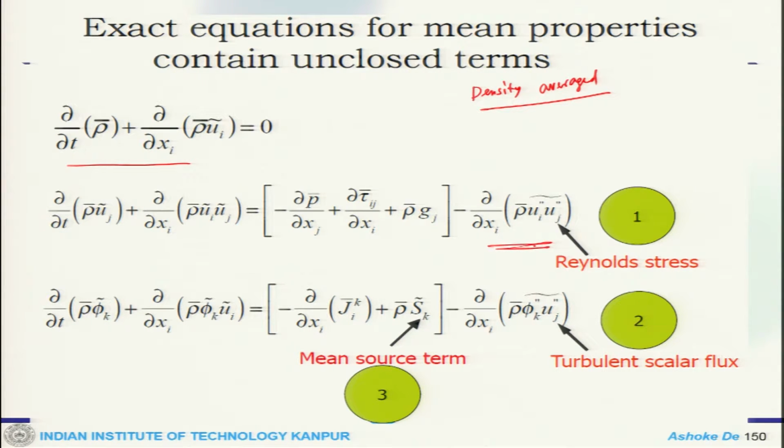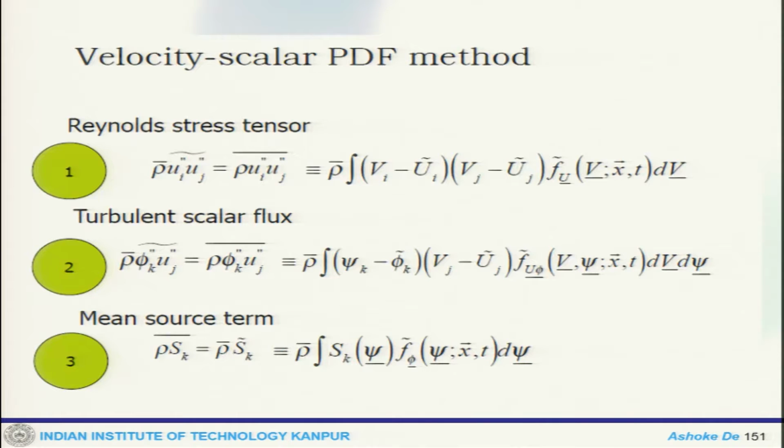This is the Reynolds stress term, which is unclosed, the turbulent scalar flux, which is unclosed, and the source term, and we will now close them using our concept of the velocity scalar PDF. So, the Reynolds stress term, instead of using any RANS equation or k-epsilon equation, we now actually close using the information of our velocity PDF. That means when you have that PDF distribution function, using that, you think about the covariance that we have already discussed.